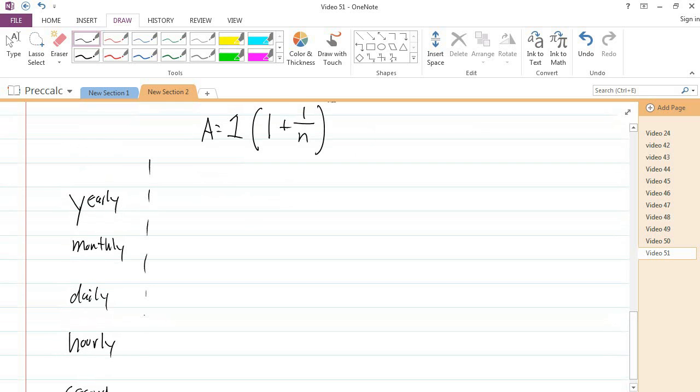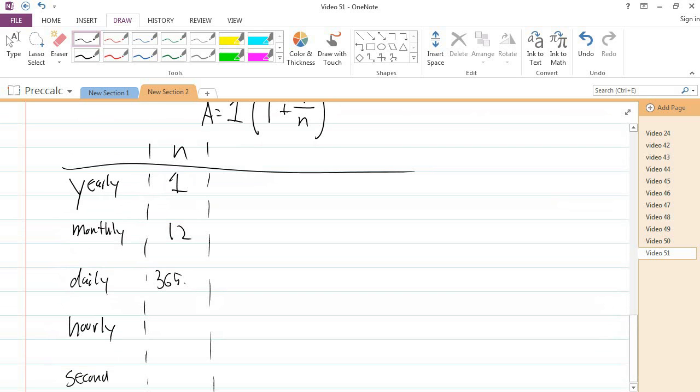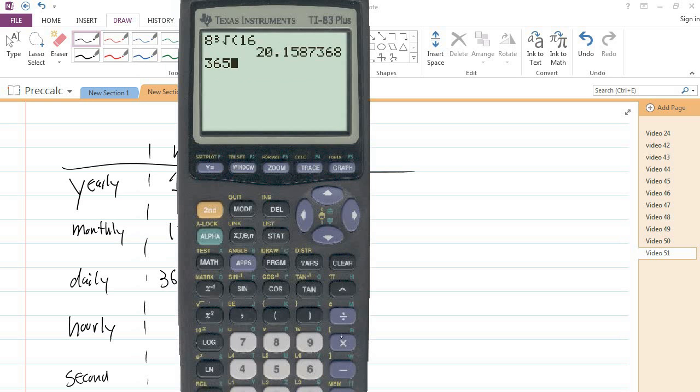And so if it's yearly, my n is 1, once a year. If it's monthly, n is 12. If it's daily, it's 365.25. You know what? Let's not make things overcomplicated. Let's just say 365. Let's not worry about leap year. If it's hourly, I need to multiply 365 with 24, and I get